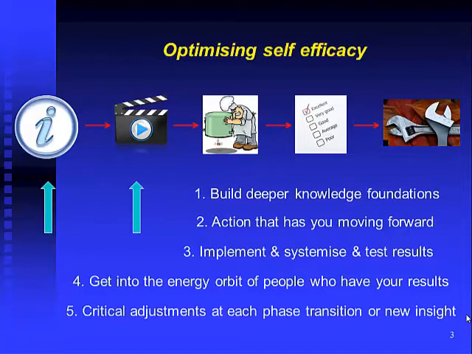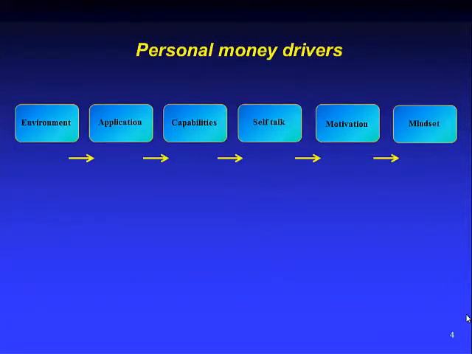And then it's a process of continual refinement. It's a process of making adjustments. Each time you have a learning phase, each time you have a breakthrough, each time you have a new insight, it's about tweaking, and adjusting, and applying, and learning, and doing this, and processing through those 5 stages over and over again that allow you to achieve the best results